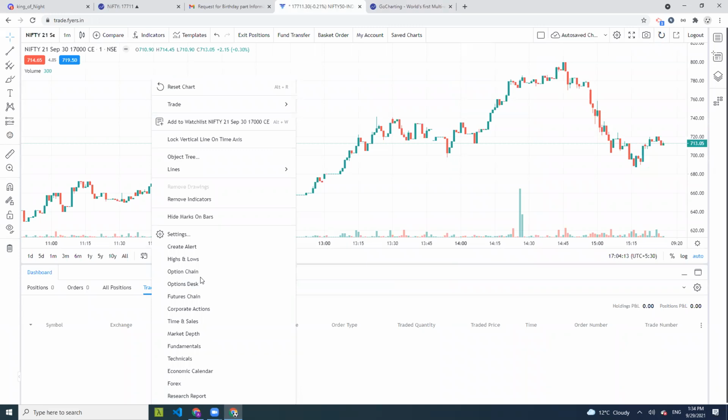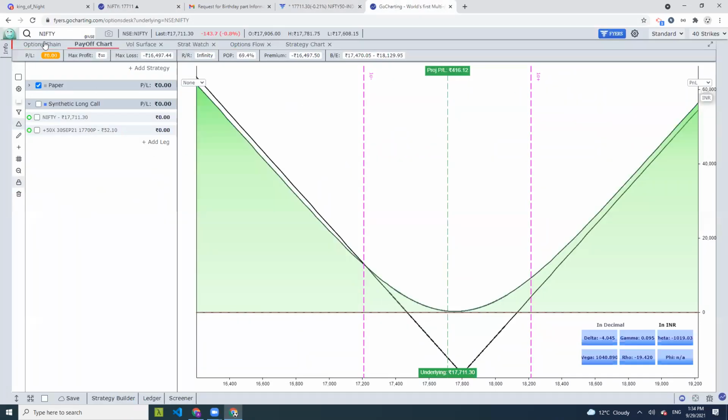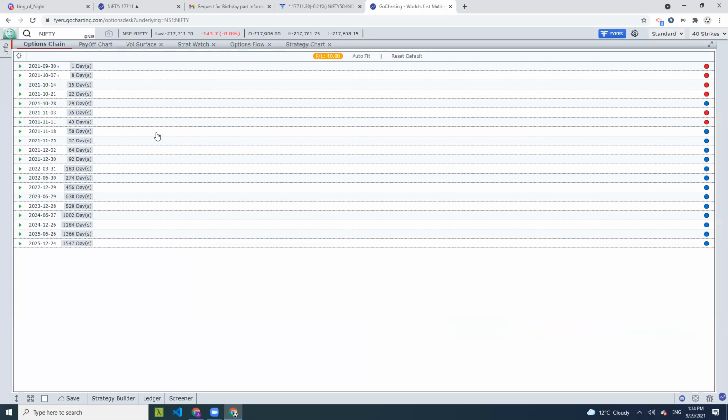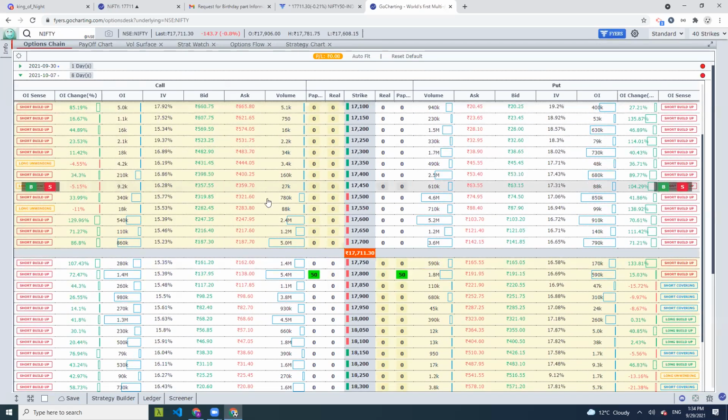Does it update real time? I heard the exchange updates in 3 minutes. So the open interest is the only parameter that the exchange updates every 3 minutes. The price and the volume update real time. So what you will see here is that the price and the volume in the option chain will update real time, but the open interest, which you are right, will actually get updated every 3 minutes because that's how the exchange sends it to us. Yes, the option chain is auto refreshed. You don't have to press any button to refresh it.